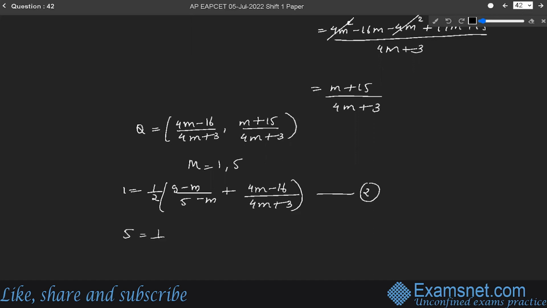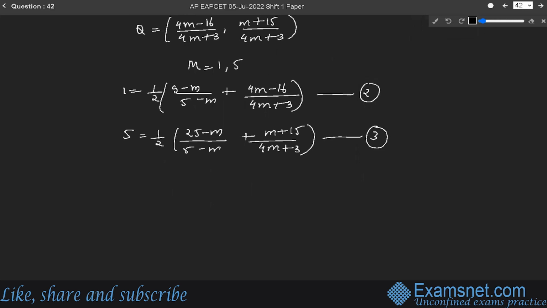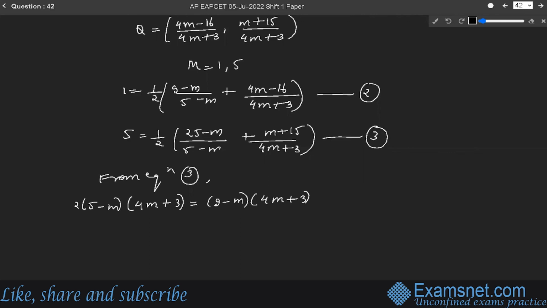And 5 will be equal to 1 by 2 into [(25 minus m) divided by (5 minus m) plus (m plus 15) divided by (4m plus 3)]. Let this be equation number 3. From equation 3, we get (5 minus m) into (4m plus 3) is equal to (9 minus m) into (4m plus 3) plus (5 minus m) into (4m minus 16),